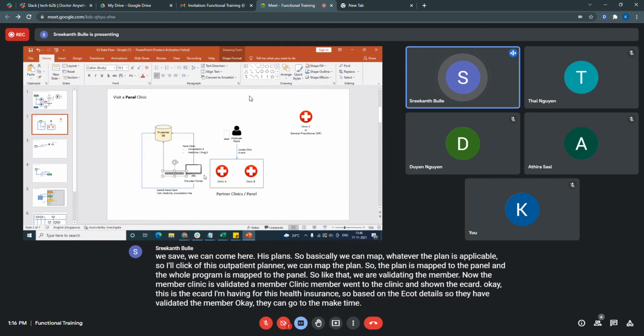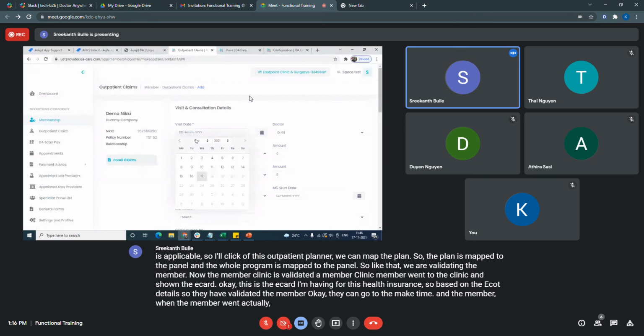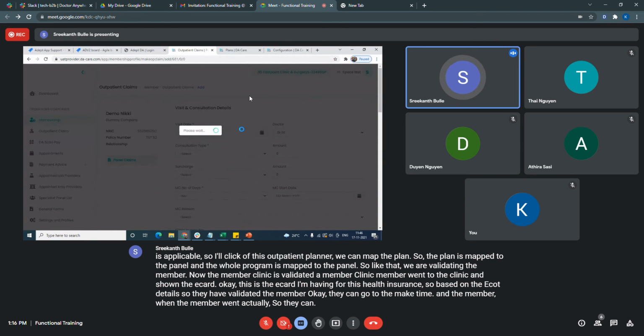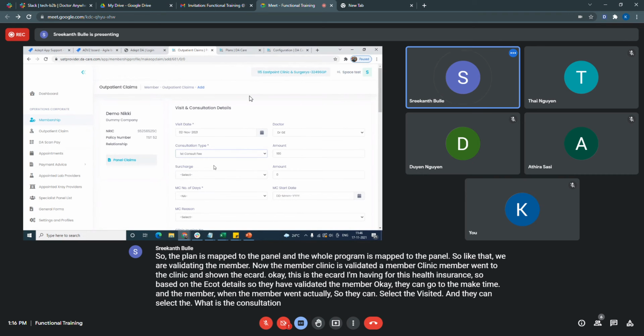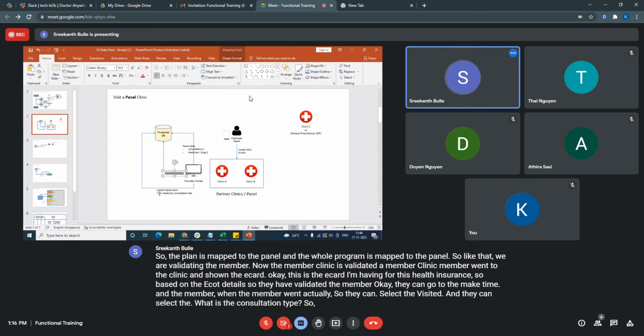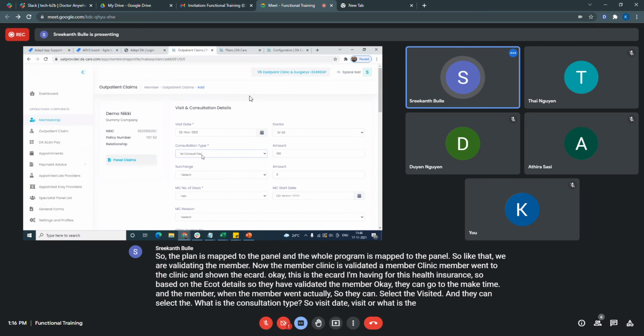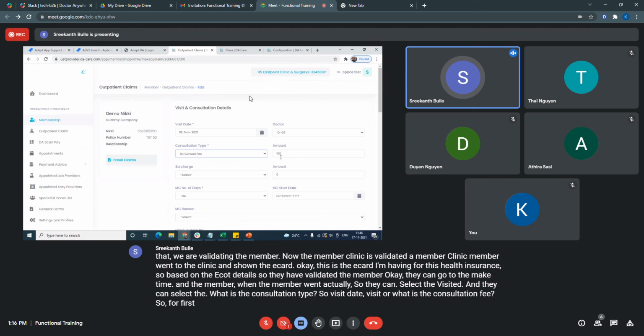When the member went, they can select the visit date and the consultation type. For the first consultation fee, this clinic is charging 100. Is there any surcharge applicable?